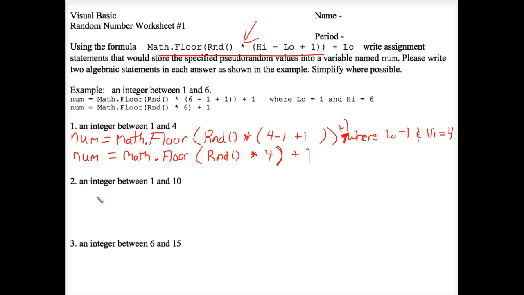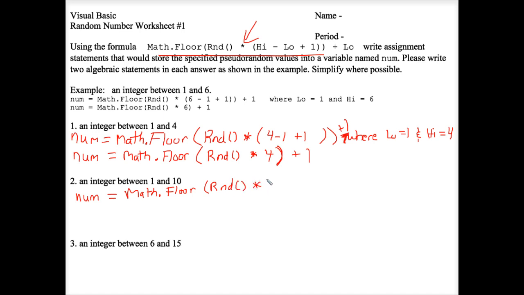Let's do number 2 since I was unclear on number 1. Let's do this one together. For number 2, low is 1 and high is 10. So I'm generating a random number here between 1 and 10. Well, let's just pretend we want to store that random number in the variable num. So num equals Math.floor, parentheses, Rnd, empty parentheses